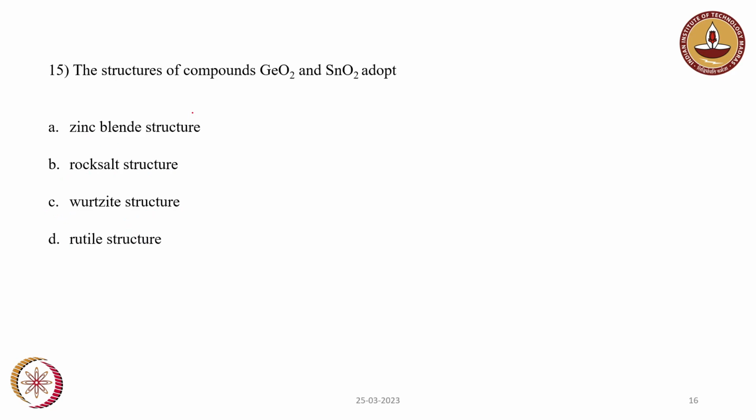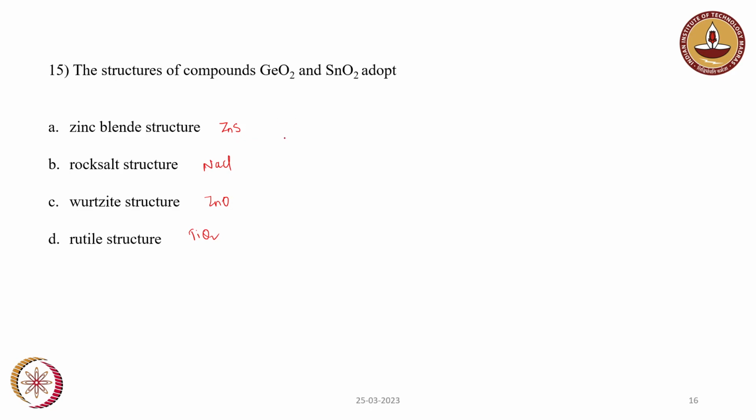So zinc blende is ZnS. Rock salt is having NaCl structure. Wurtzite is ZnO. And rutile is TiO2. So in zinc blende structure, all the sulfur will be in FCC and zinc will be present in the